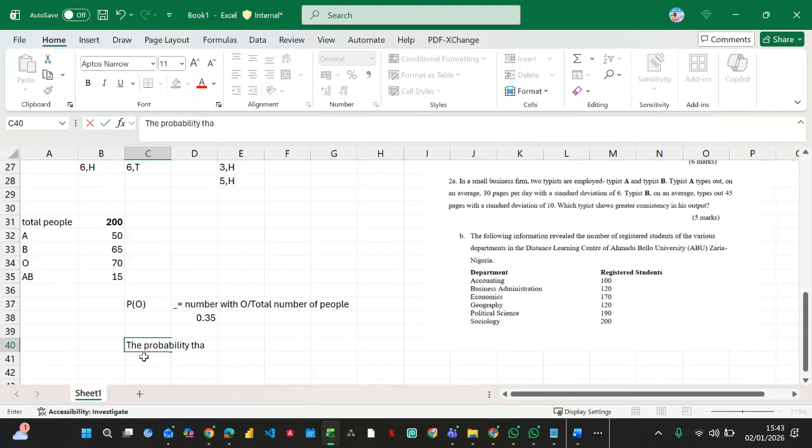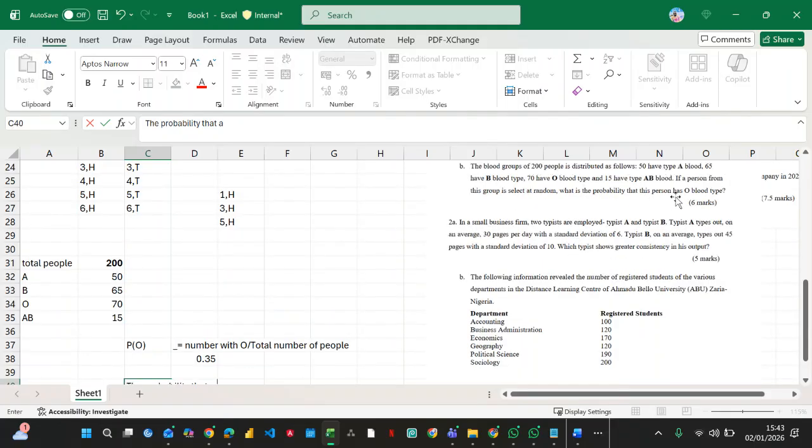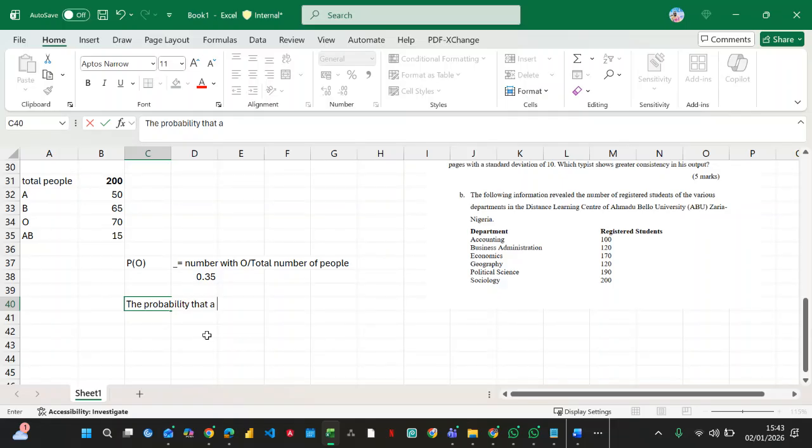So yeah, that is number one, A and B, you have solved it. That's all. You just want to say the probability of, so that the examiner will know that this person knows this very well. What did they say? They say if a person from this group is selected at random, what is the probability that the person has O blood type? So I will now say the probability that a randomly